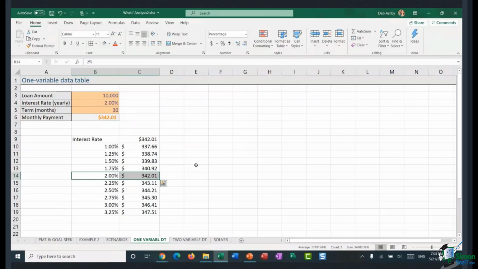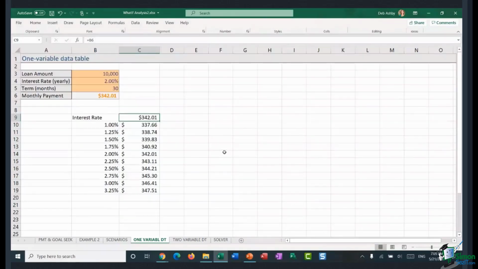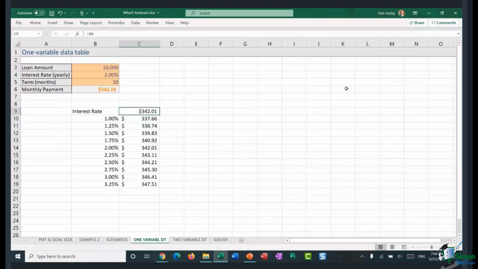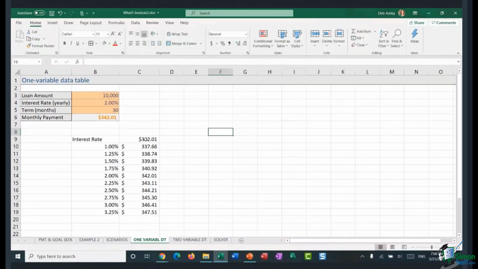Okay. Now, another little trick: if you've got this link cell at the top, it doesn't look particularly great. If you want to hide that little link cell, there is a quick shortcut. There's a shortcut key, which I hope is going to work when I'm on a call, because sometimes my function keys don't work. I'm going to try it. Control F1. No, that doesn't seem to work. Just bear with me. No, it doesn't seem to like that very much at all. So I'm going to have to do it the manual way.